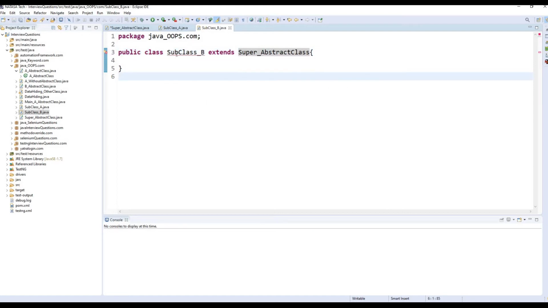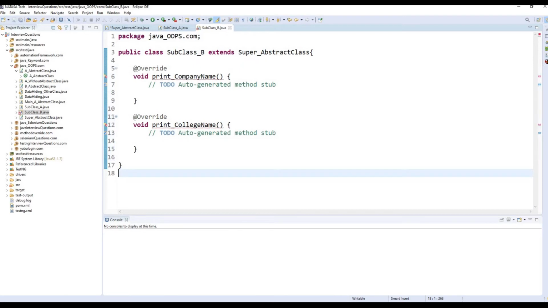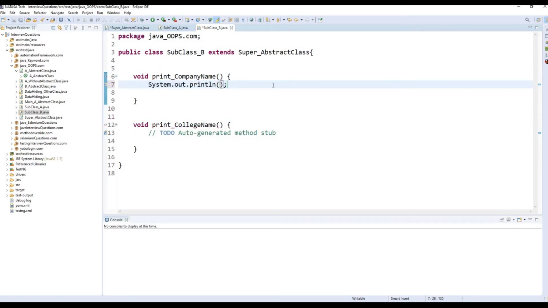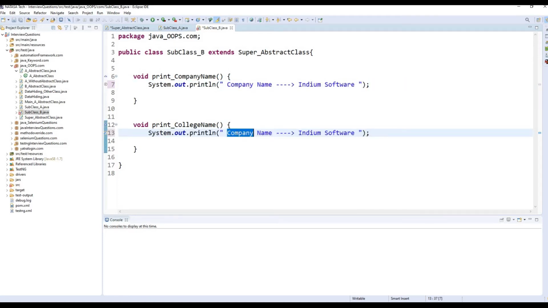So now I'm going to implement these abstract methods. Here I'm going to remove this override. Now I'm going to give sysout, and the same way sysout for the college name.